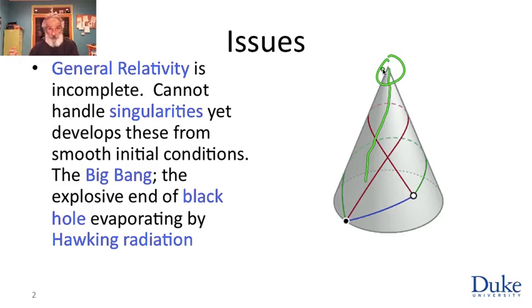This is an example of, for instance, the Big Bang, an example that interests us. Finite time in the past, absent some inflationary scenario, there was a singularity at which densities and curvatures were large. The end of a black hole, of which we spoke so much on the forums: a black hole that evaporates by Hawking radiation is at the end a very small black hole, and there's a singularity there. The fate of matter falling into a black hole: all of these are issues where general relativity is incomplete.